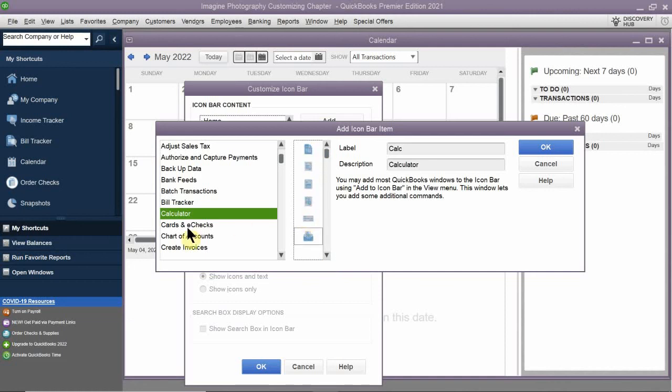Okay, well, I can't find the icon now. But calculator, let me see if I click on it. Okay, I think it was that one. Okay, so there's that one. So now that I chose my icon,